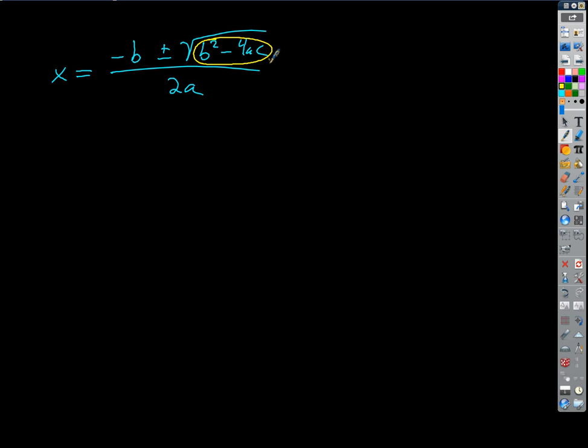It allows us to discriminate between equations that have real solutions only or imaginary solutions, right? And that's why we call this in math, we give it a name, we call it the discriminant, because it enables us to discriminate between situations where we are going to get real solutions and situations where we're not. So if we let capital D for discriminant equal b squared minus 4ac,